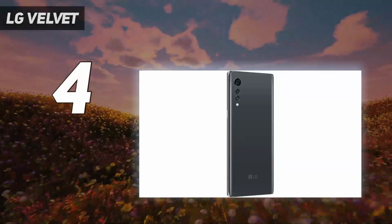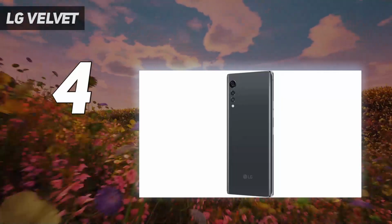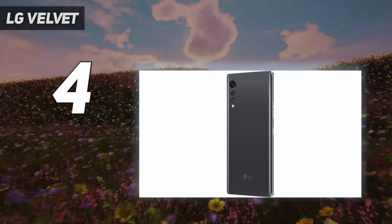Coming at number 4. LG Velvet. The Velvet is LG admitting its design had become a little stale, and so the company has delivered an attractive device with curved edges that make it seem slimmer even though the screen is the same size as the V60's. The phone has the Snapdragon 765 in Korea and the 765G in the US, both support 5G, but